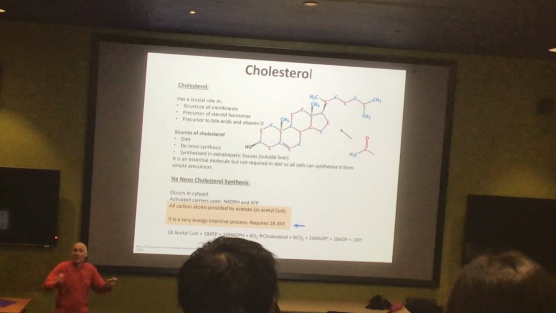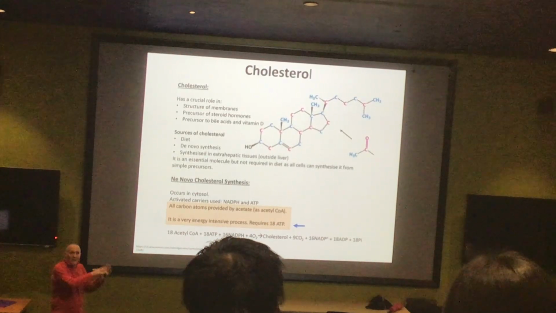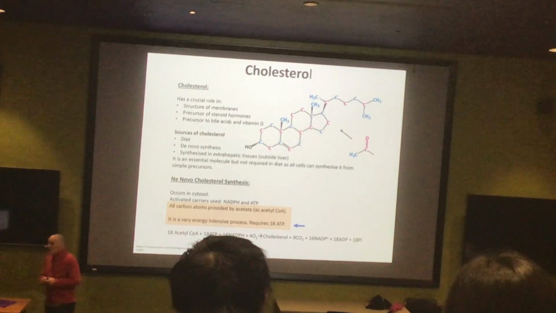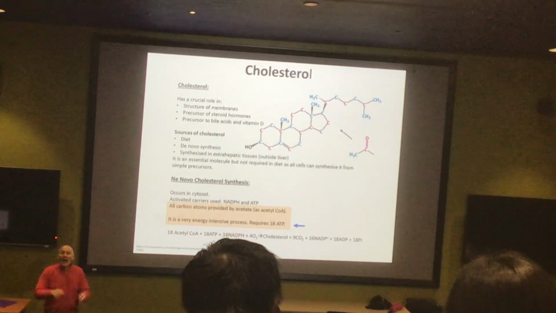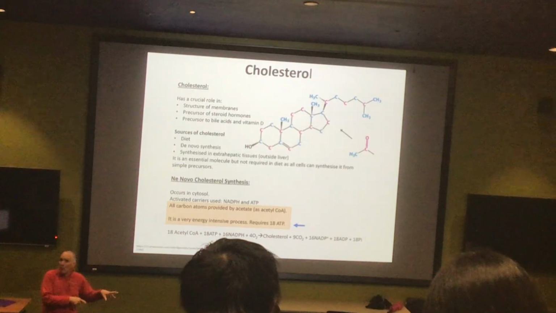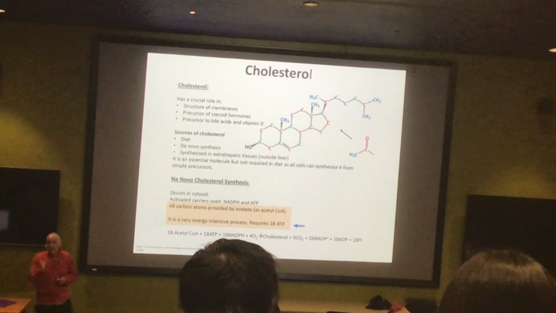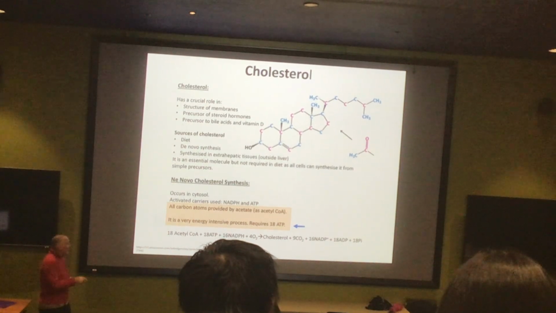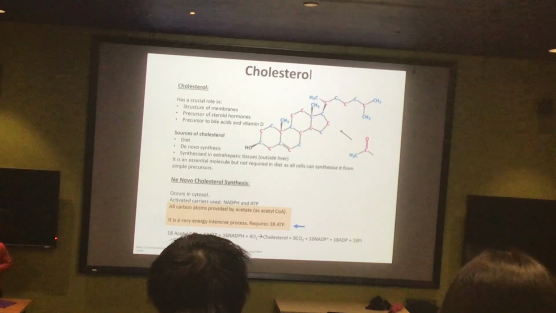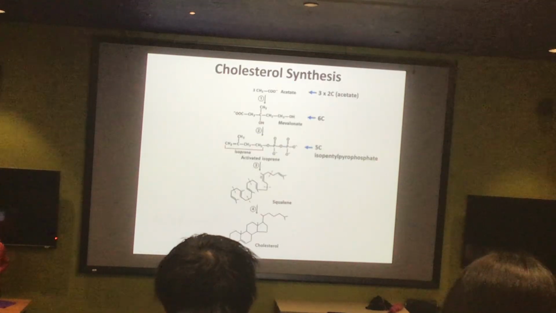The only way to get cholesterol out of your body is to excrete it. So excess cholesterol, we'll see in the last part of this lecture, will get scavenged from your body, turned into these bile salts, which will be used to emulsify fats, and then excreted out of your body in solid waste. Which means you should only make cholesterol if you need to make cholesterol, right? This is 18 acetyl-CoAs' work. So 18 citric acid cycle passes in addition to the excess of the ATP that's required. So it is one of the most extreme examples of these molecules, but it's the biosynthetic pathway that we're going